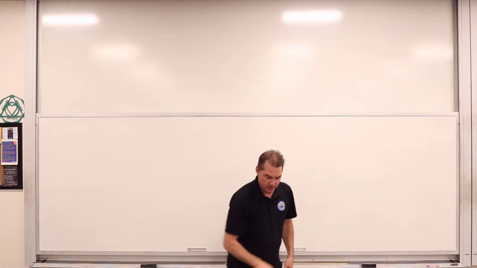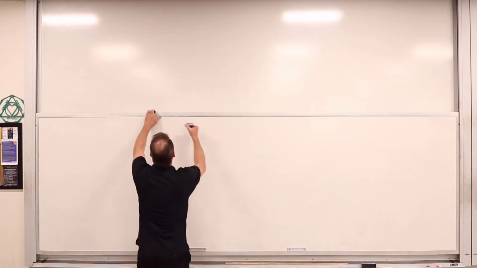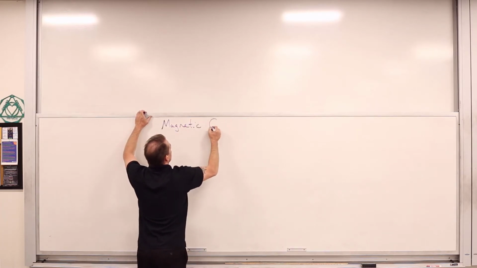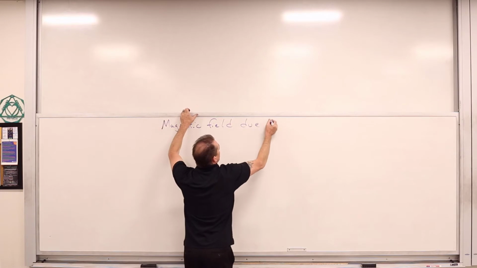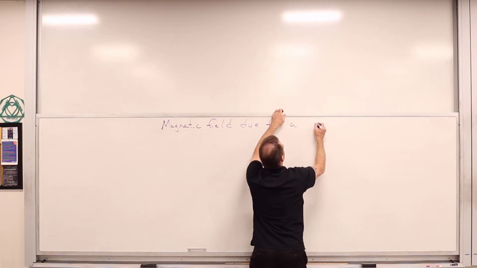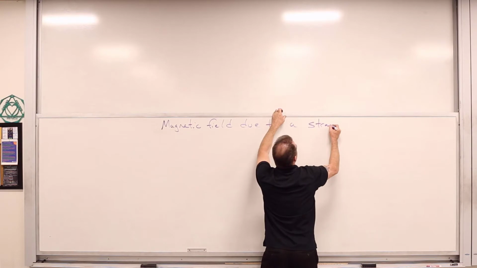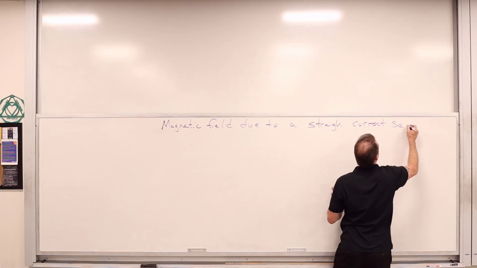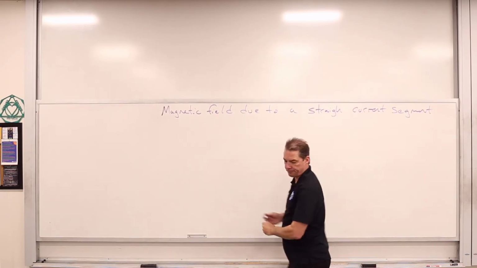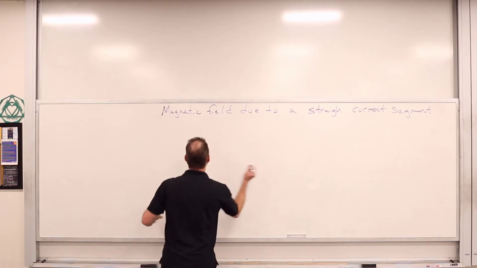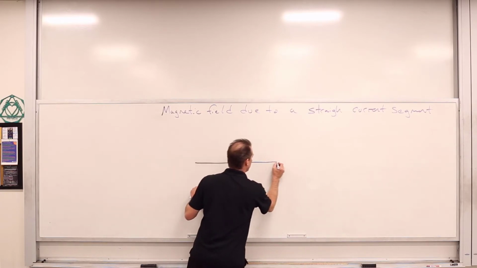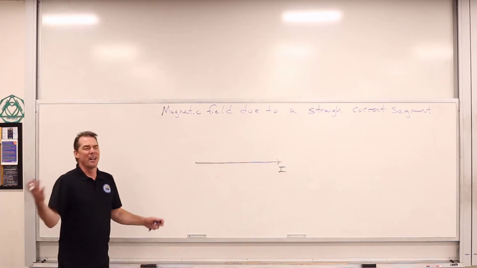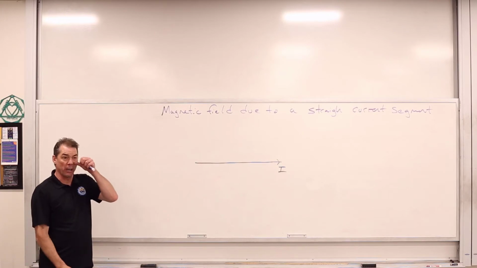We'll start off with this. We'll put magnetic field due to a straight current segment. So we can take some wire that has some current in it. We'll say that it has some current I in it. Great. And we're just going to pick a location in space in which we want to determine what the